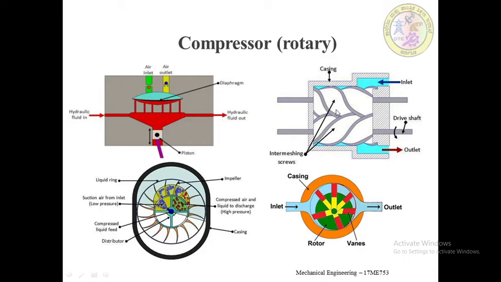Likewise, the compression of the air is taken in a screw compressor. So the system is quiet in operation as compared to the piston type, means the diaphragm type of mechanism will be noisy in operation. The screw compressor has much less noise as compared to the